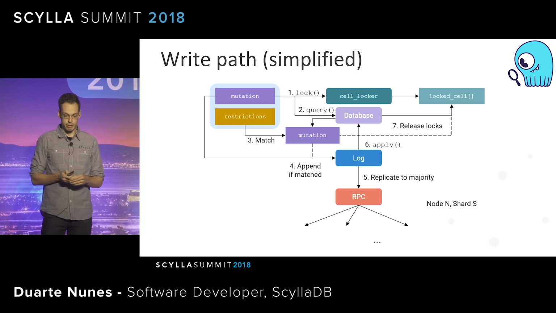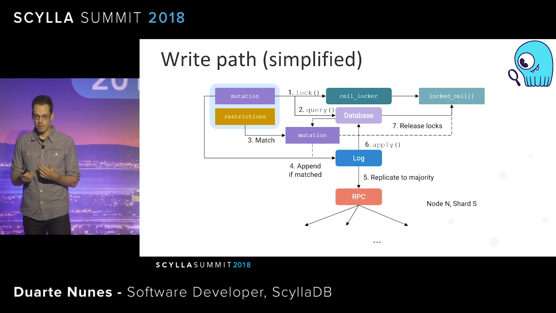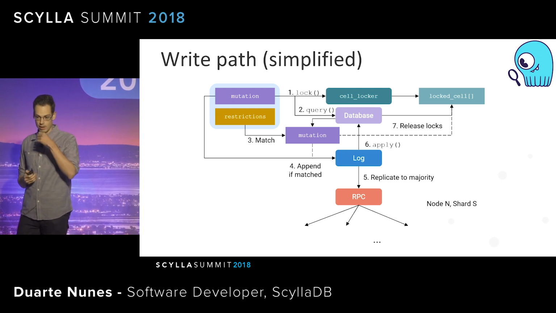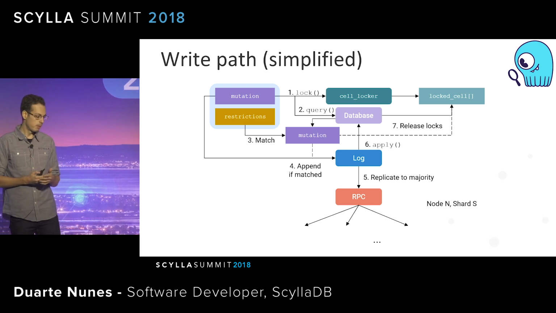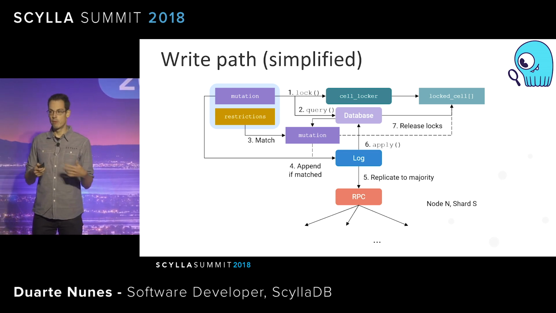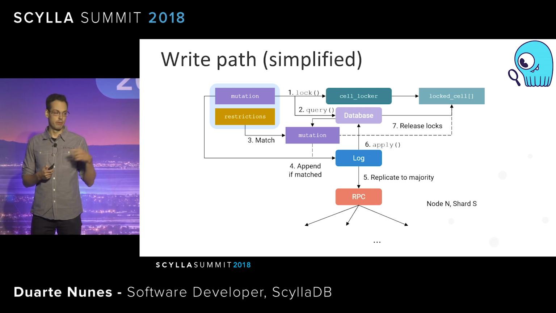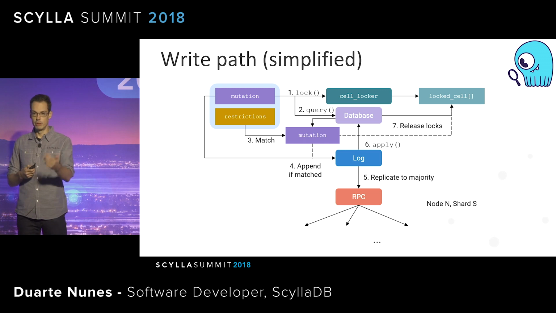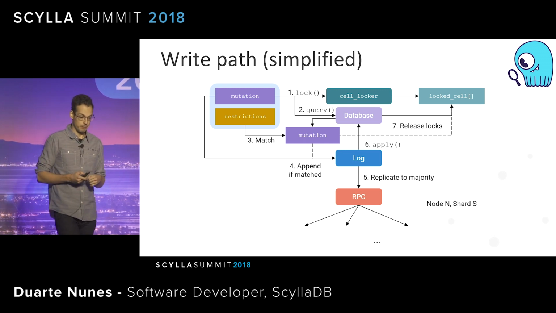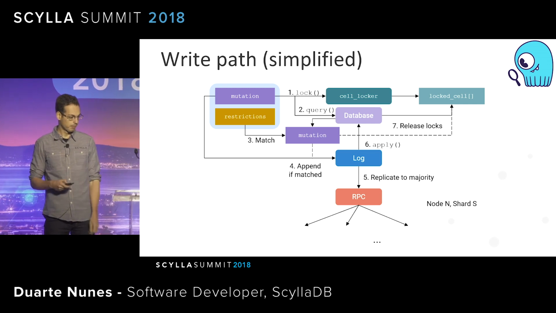The write path is also substantially different from the core Raft algorithm, mainly because of the read before write that has to be done. So when an LWT request goes into the system, we have to acquire some locks, do a read before write, compare the existing value to the restrictions that have been specified, and only if they match, then apply the new write to the log, propagate it out to the followers, and apply it internally.